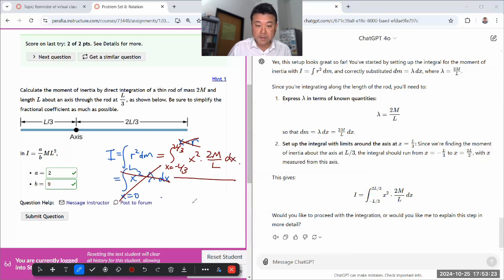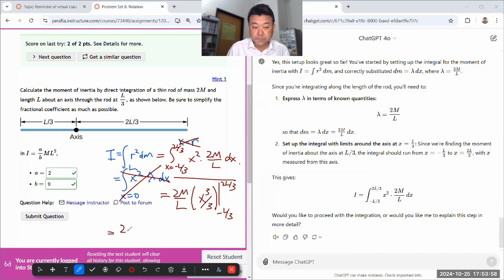And you figure, okay, I can do this integral, simple power rule, x squared. So let me factor out the constants. That's 2m over L. The antiderivative of x squared is x to the third power divided by 3. You can double check, take the derivative again, then 3 comes down, cancels out 3 in the denominator, you get x squared in the numerator. And you evaluate this at the limits from minus L over 3 to 2L over 3. And because this is cubed, these signs will actually matter.